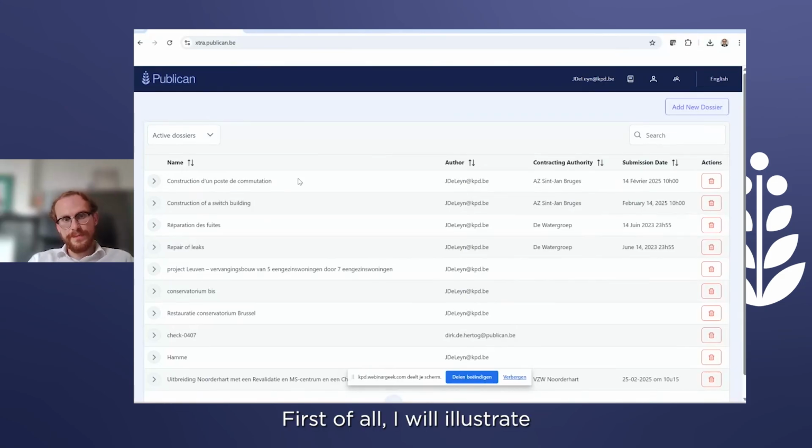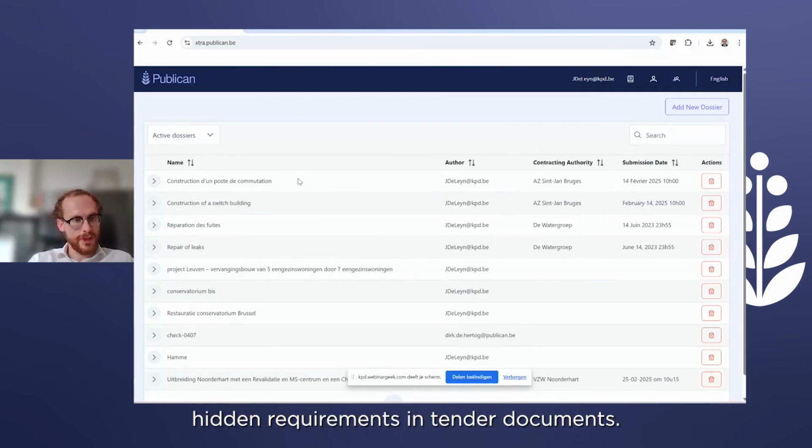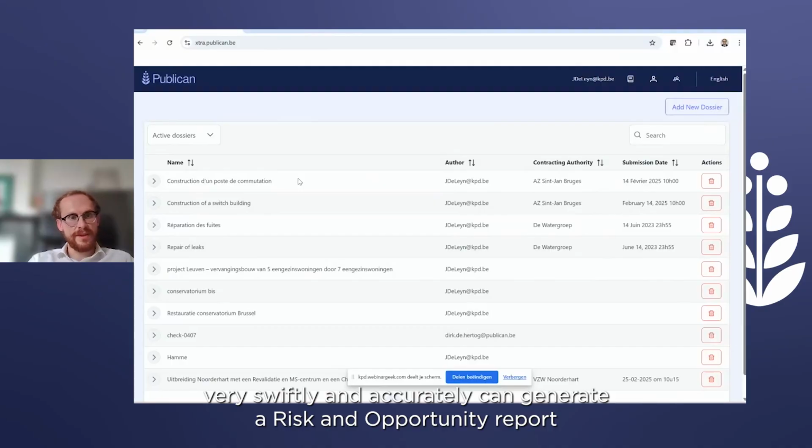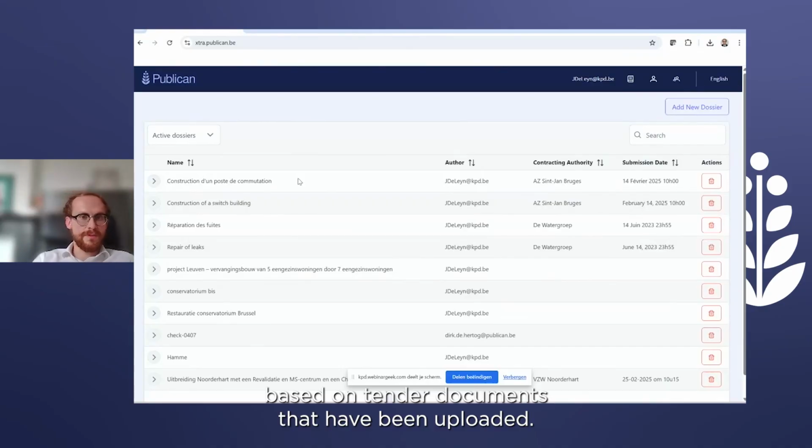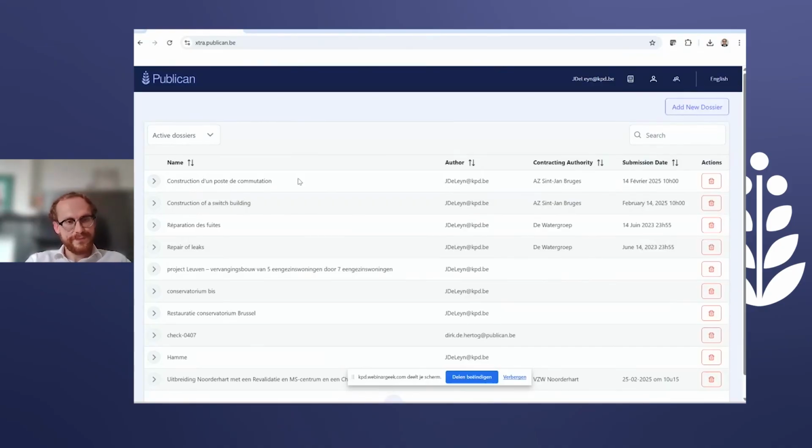First of all, I will illustrate how the AI Tender Assistant can detect hidden requirements in tender documents. Second, I will demonstrate how the Publican AI Tender Assistant very swiftly and accurately can generate a risk and opportunity report based on tender documents that have been uploaded. Third,